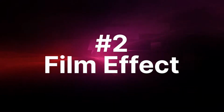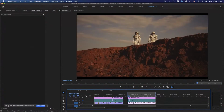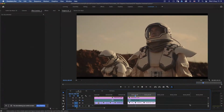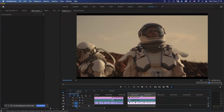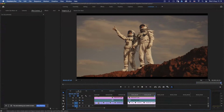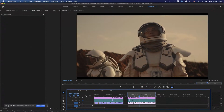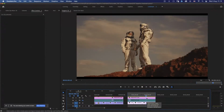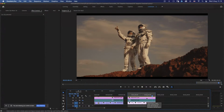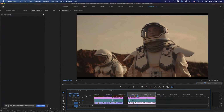Let's come over here, and I will just expand out my edit here. My keyboard shortcuts are different. There we go. This is the edit that I've got so far. It's just 3 shots. Astronauts exploring the red planet. Could the planet be a little bit redder? Yeah, probably. But maybe that's something we can do in the color correction phase. So what we've got here is 3 shots that are all balanced together, and this is an important stage,